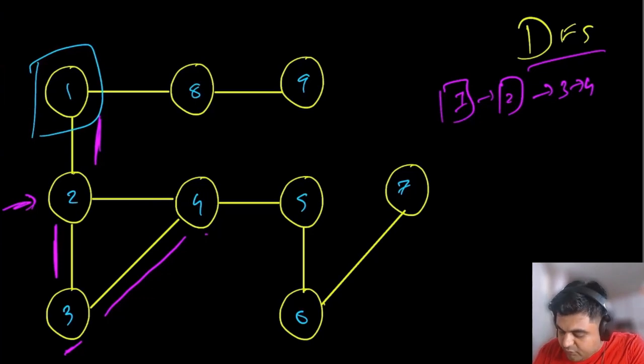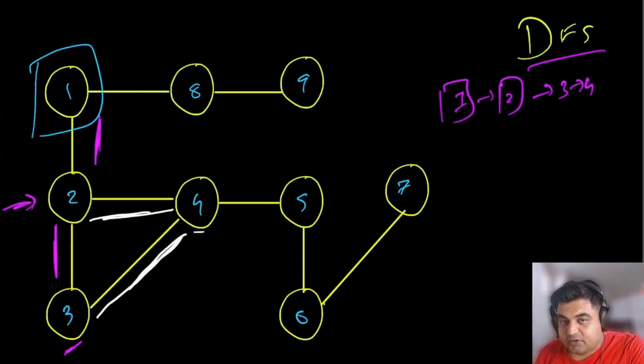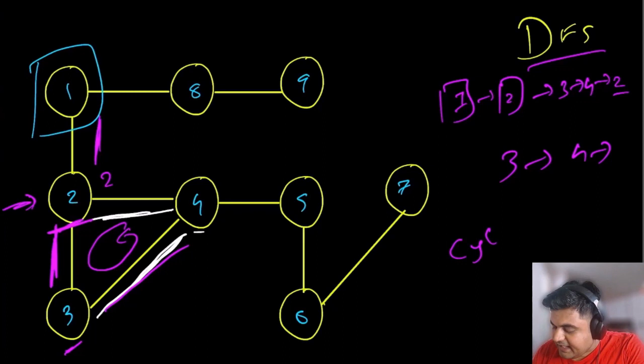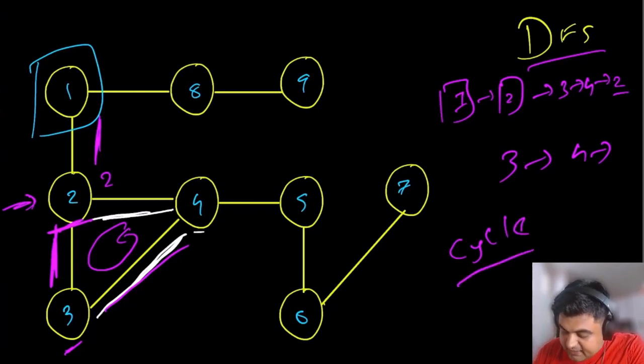After visiting node number 4, again we still have 2 possibilities. Either we can visit node number 5 or we can visit node number 2, because both are neighbors, so we still have 2 possibilities. Say after visiting this node from 4, we decide to move back to node number 2. What would happen now is that from this 4 we would visit node number 2, again from node number 2 we would visit node number 3, again we would visit node number 4, and again we would visit node number 2. So see, we are stuck in a cycle.